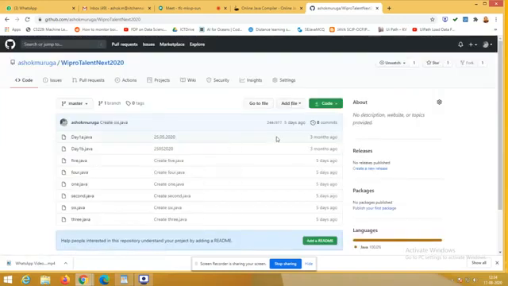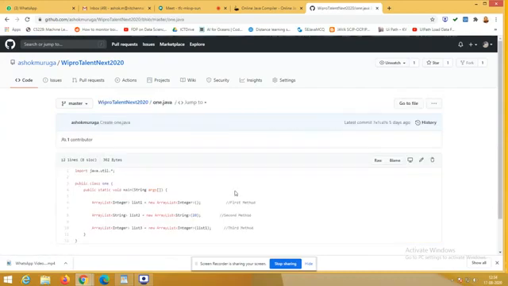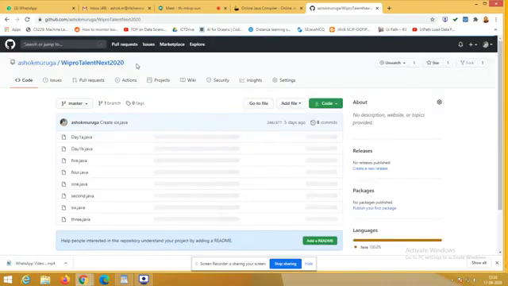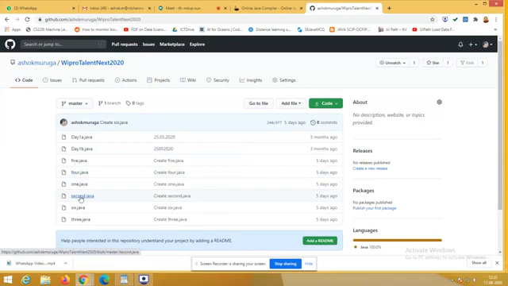So this is the place where we have stored our programs, right? The first program, what we have seen is how to create the array list. This is what we have seen in the first program, by using three ways: a default constructor, a parameterized constructor, and a copy constructor. Right. In the second program, what we have seen,